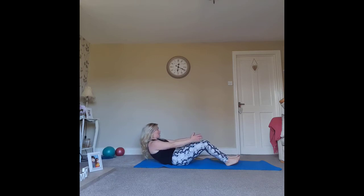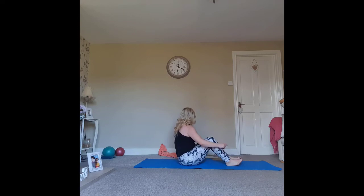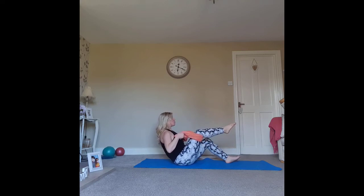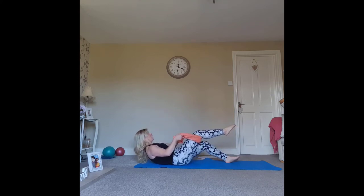Now I don't like it when I can't do an exercise, so I'm going to show you a little modification that you can try to help you learn the teaser a little bit quicker. So we're going to take the towel and place it either on the foot or behind the leg. And we're going to try and push against the leg as we counter pull the upper body, sorry, to